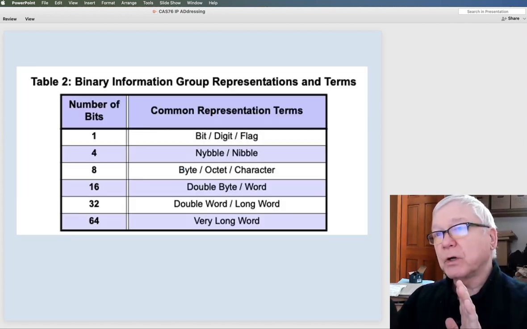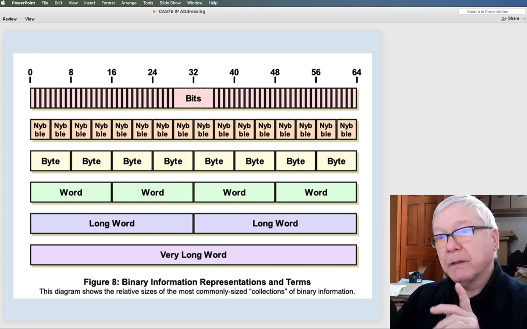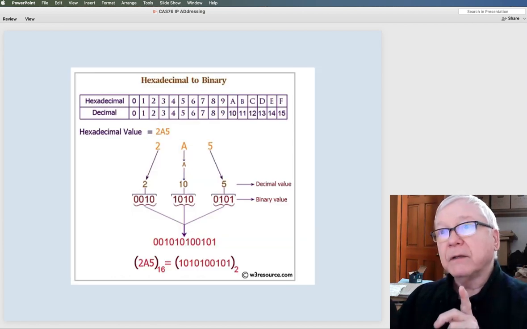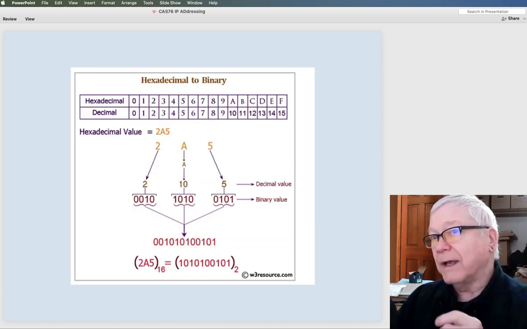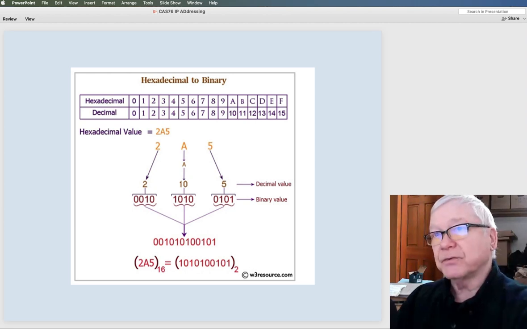And then we interpret those values, those nibbles, those bytes, those words, to mean what we need to know at that offset in the data stream.